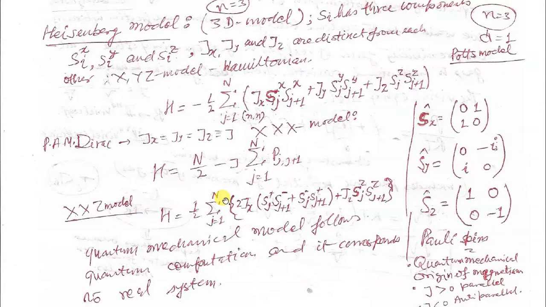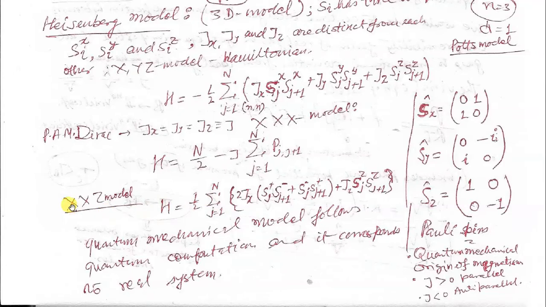This model was also solved by researchers in the area to see the magnetic behavior of the system for the XXZ model, when two exchange interaction terms are identical but the third one is different. So the spin pairs along the x-axis direction and the y-axis direction have the same exchange interaction term, but along the z-axis it has a different interaction term. So this is also being solved to see the behavior of the spin system.